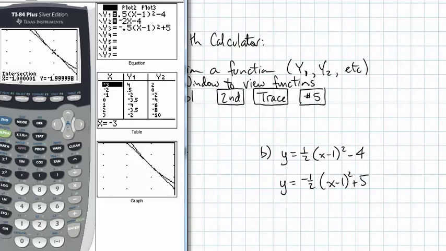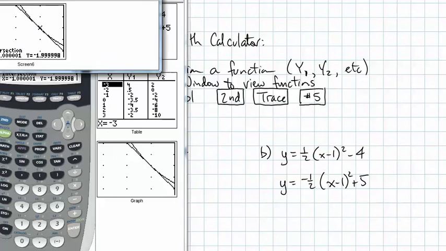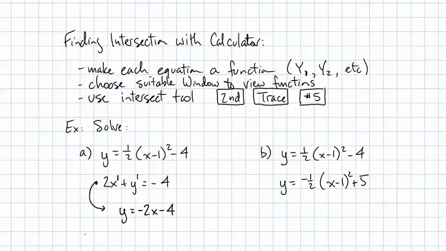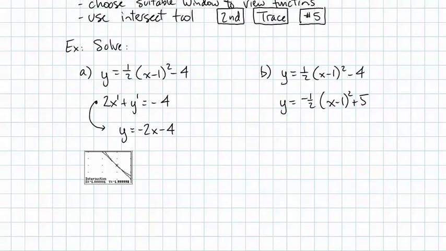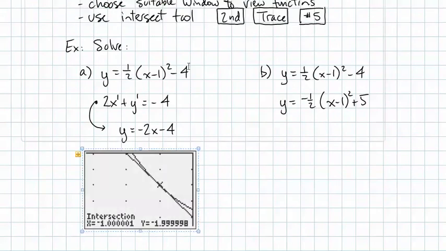Now, the calculator has limitations. The algorithm sometimes does funny things for rounding. This is actually the point -1, -2, and we're going to have to just recognize what's going on. I'm going to take a screenshot of that, and I'm going to post that into my notes here. And I'll talk about this in a moment. Here we go. So what this tells us is that my solution is at -1 for x and -2 for